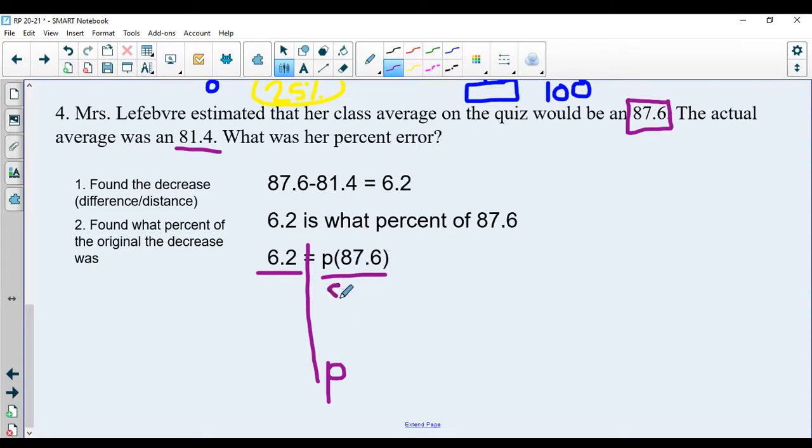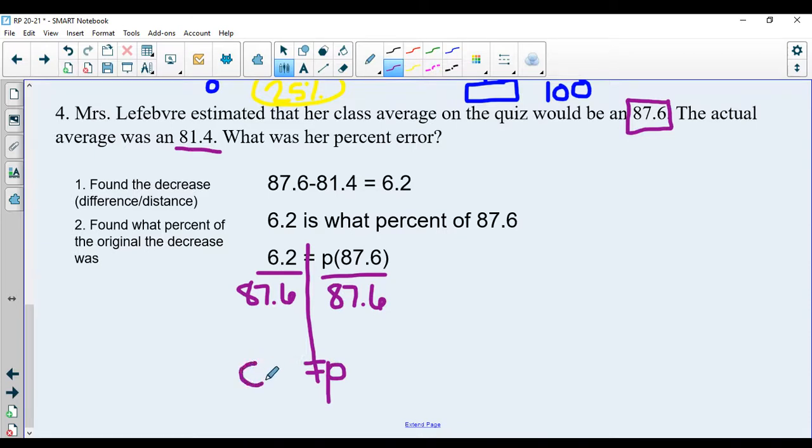So here we're going to divide by 87.6 on both sides. That's what maintains equality. And let's see what answer we get there. So 6.2 divided by 87.6 gives me, and I'm going to round this, it's about